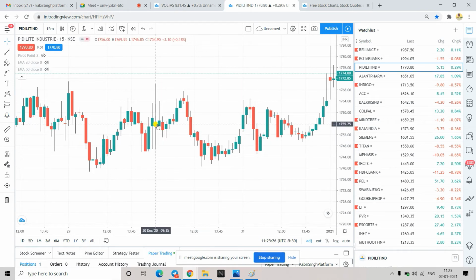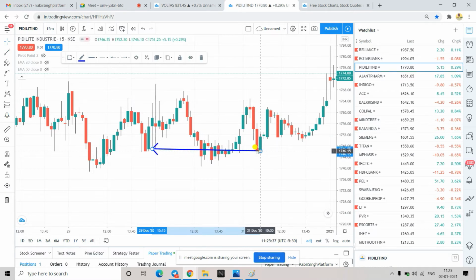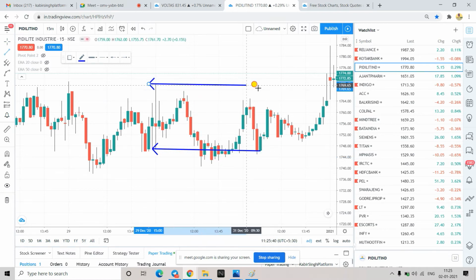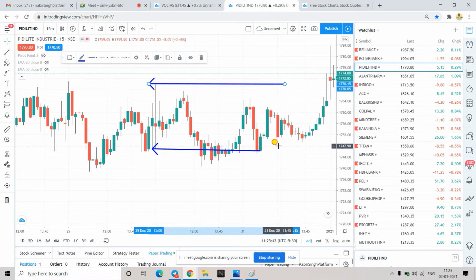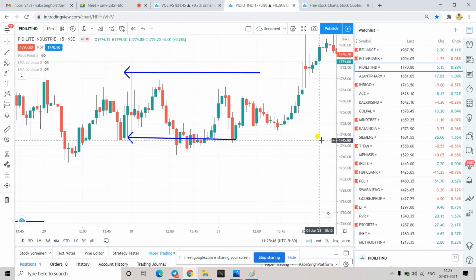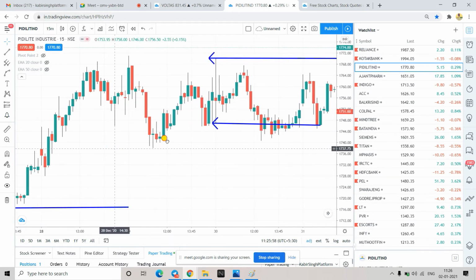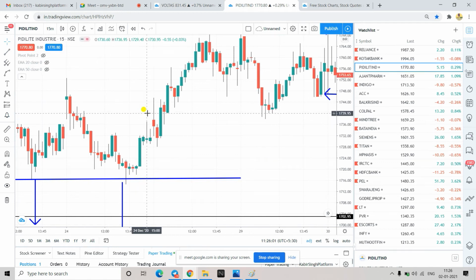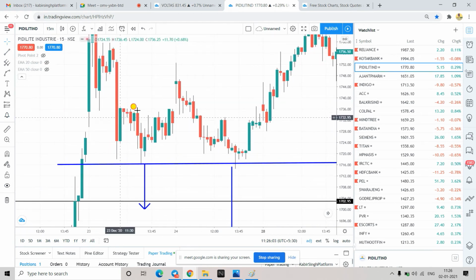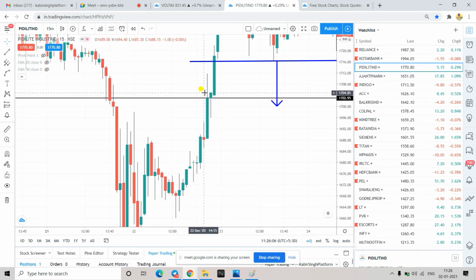So if you see here, this is I think the 9:15 candle. Are you able to see it on the chart? I'm drawing the range. The conditions are not fulfilling here actually. It has gone down, that is fine. This close should be somewhere around this point, then the conditions are fulfilling. You will find it in many stocks actually.